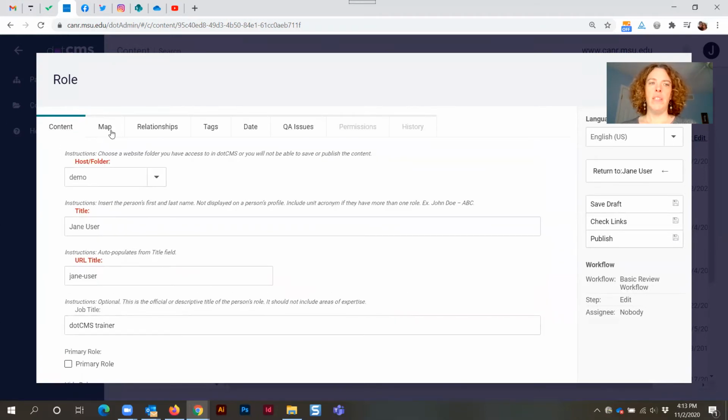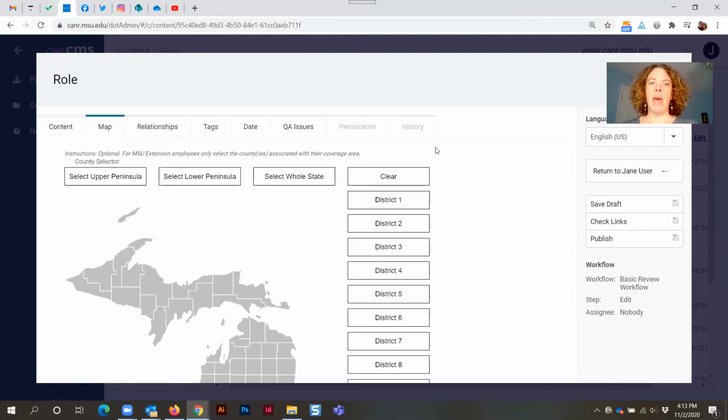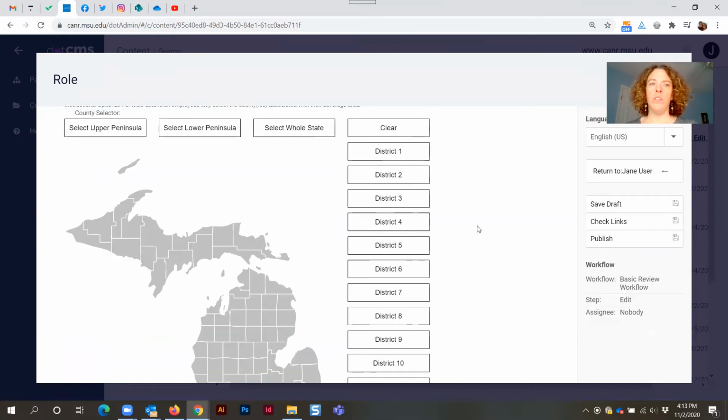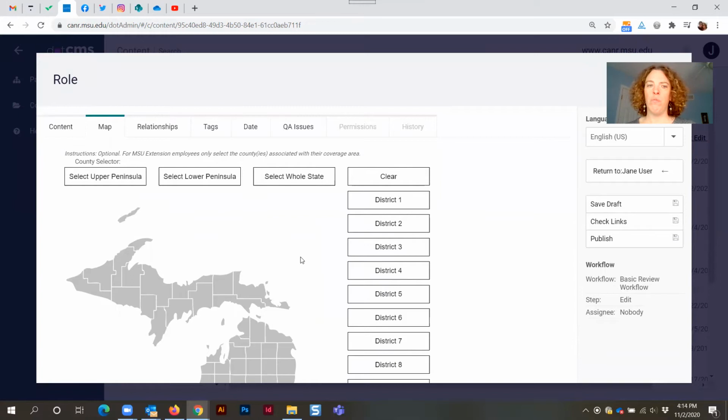And that takes us through the content tab. Next is the map tab. Now this tab is specific for extension. So if you are not an extension employee, then you can skip this field. However, if you are an extension employee, then this allows you the ability to select for your